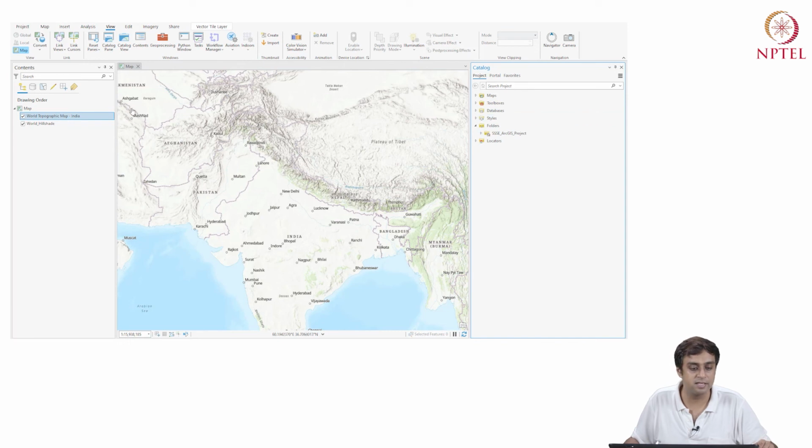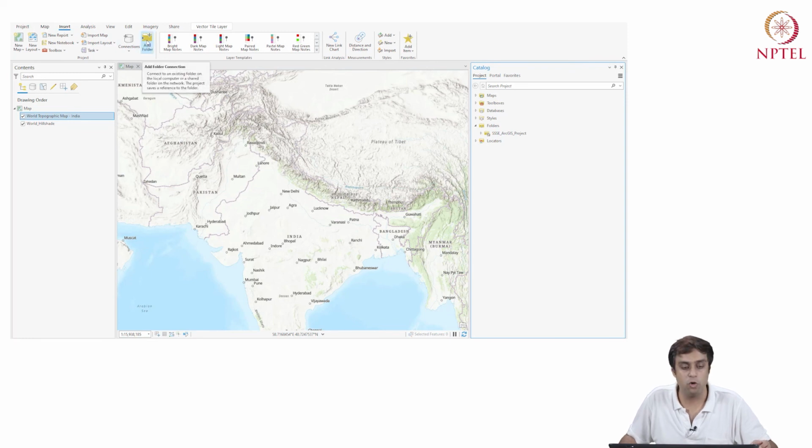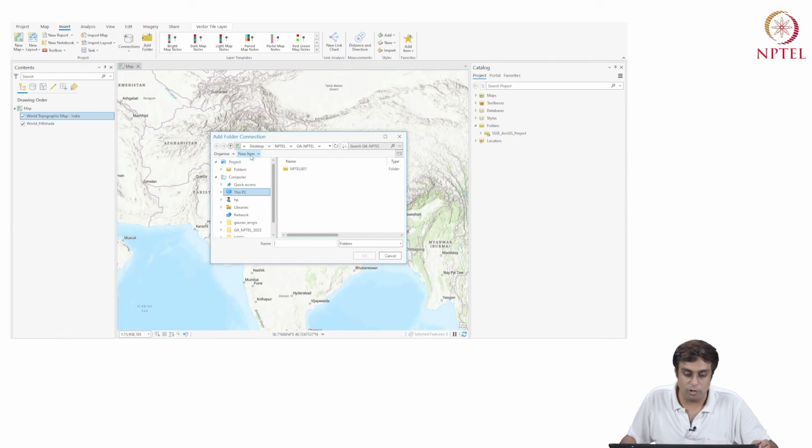Now the last part in this module of this introduction or ramping up onto ArcGIS is adding a folder. So I'm going to say insert, map, project, map, insert, and I'm going to say add folder. Let's go to desktop, go to ArcGIS. Now Gaurav ArcGIS is the parent folder that I'm very interested in for this particular project.